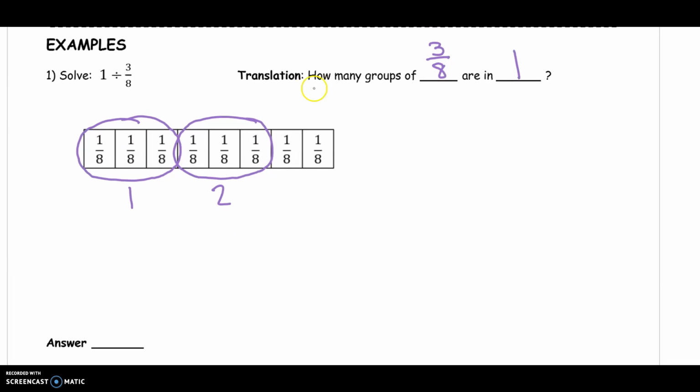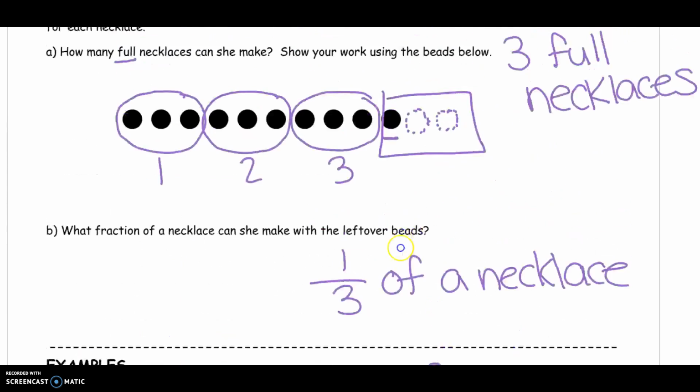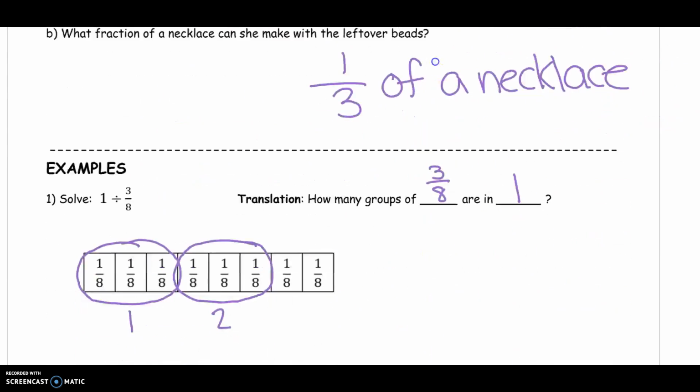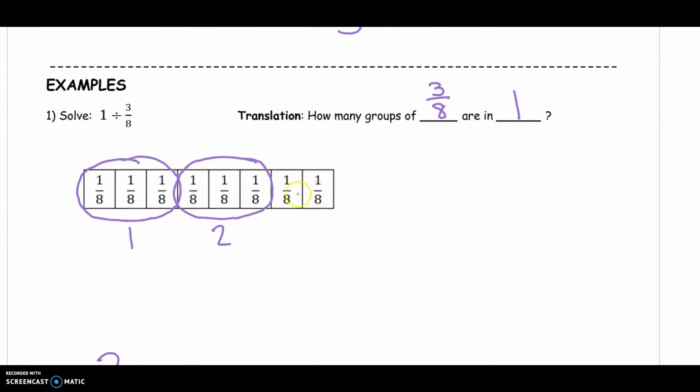So think back to the question that we're answering. How many groups do I have? Well, I have 2 full groups. But now I have some left over, so I need to represent my remainder as a fraction. So think back to what we did in the Explore problem. We pretended that we had a full group, and we wrote the remainder as a fraction out of the entire group. So if I look at my 2/8 that are left over,